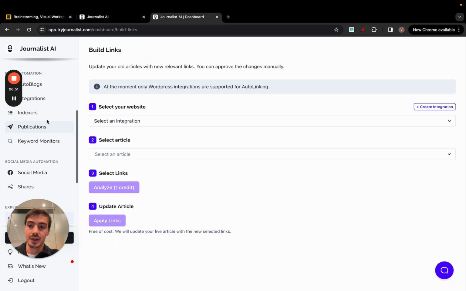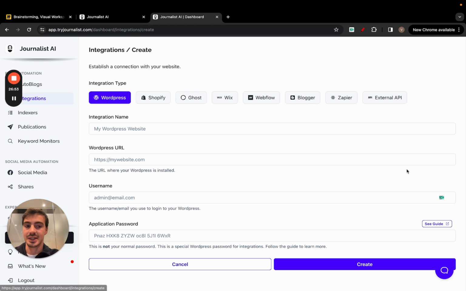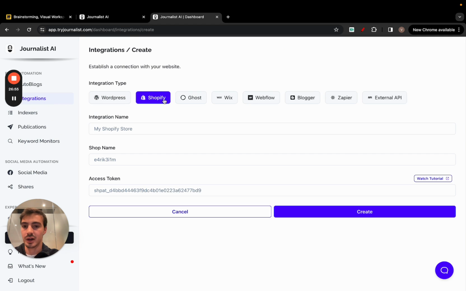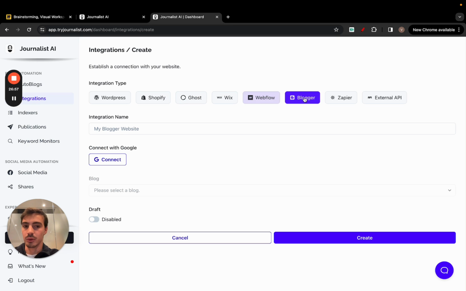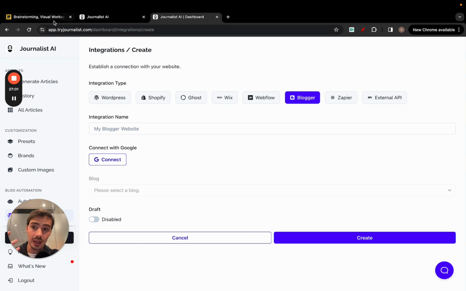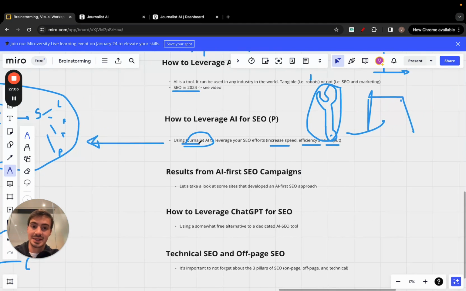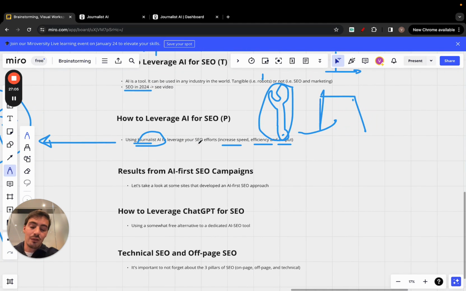Now, final thing here is that you can connect this with essentially any CMS, right? It could be WordPress, Shopify, Ghost, Wix, Webflow, Blogger, or even Zapier or an external API if you want, right? Again, I'm showing you this tool because this is how, in a practical way, you leverage AI